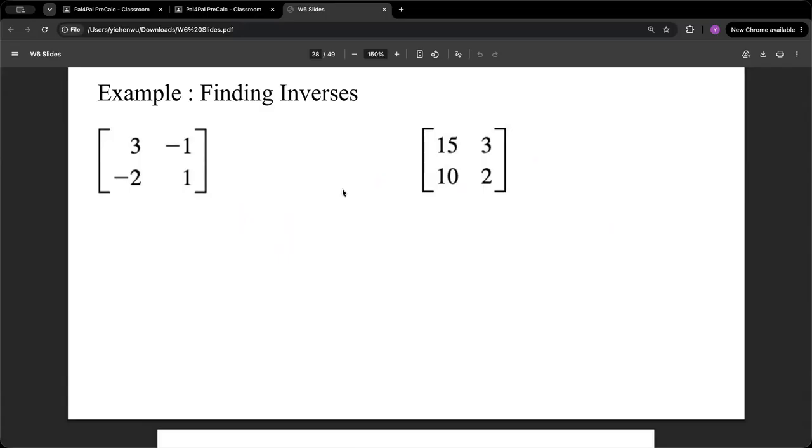So yeah, we have these two examples. And just in case you don't remember the formula for the inverse of the matrix, it's 1 over the determinant of the matrix times